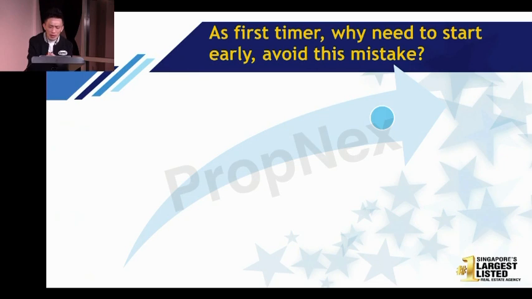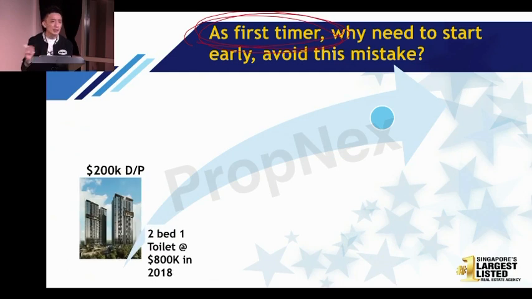And this is something that I want to address to all the first-timers here. All right? For example, this property. Last time in the year 2018, I shared with my friend, I said, hey, you must buy this property, 800,000. He actually had the capability to come up with 200,000 to buy this house. He said, Calvin, I think I better work hard a little bit more, save a little bit more before I decide to buy the next property. Maybe give me another 2-3 years.